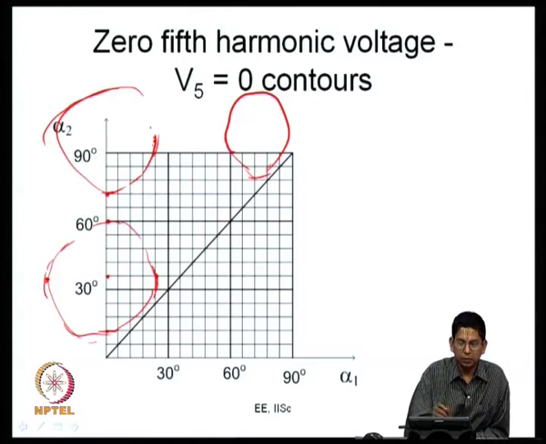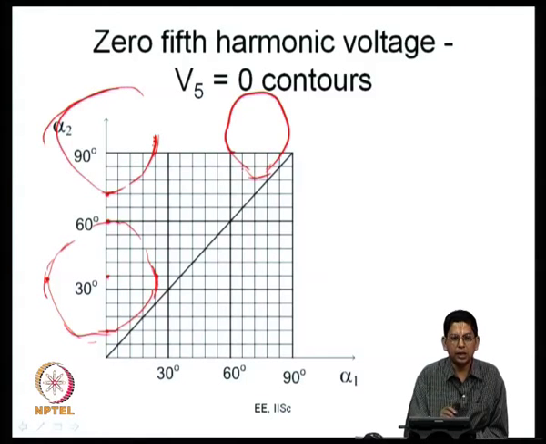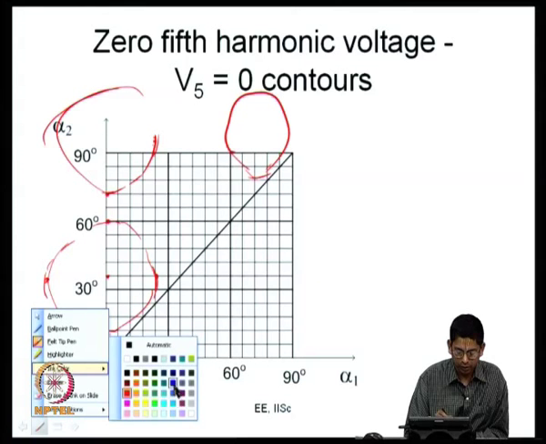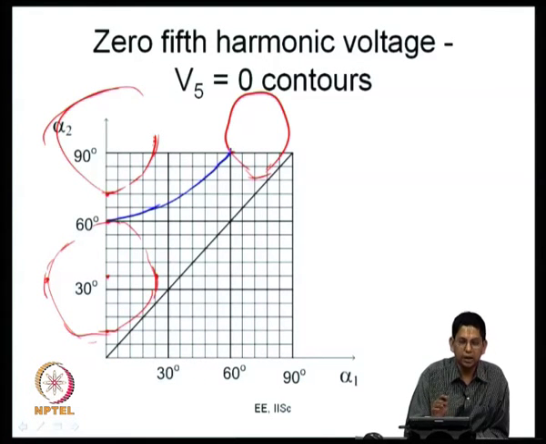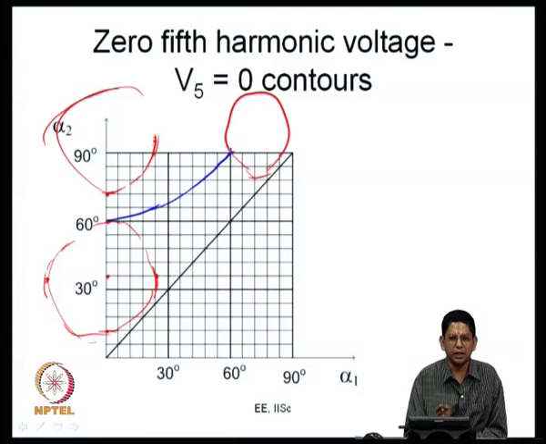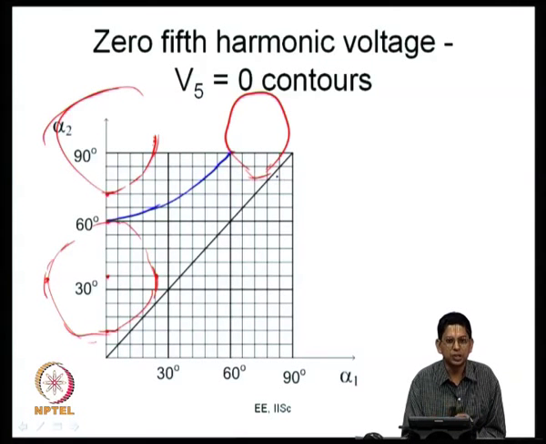These three cover practically our region of interest. There is no fourth curve that is possible within our region of interest, being alpha 1 greater than 0, alpha 1 less than or equal to alpha 2, and alpha 2 less than or equal to 90 degrees, the upper triangle that is shown here. So, there are only these three curves. And once again, as I mentioned a little earlier, you take V 1 equal to 0 and you are looking at only one phase, not the other version like V 1 equal to 0.5 or minus 0.5. So, your bounds are only within this, and you have these two solutions available now.